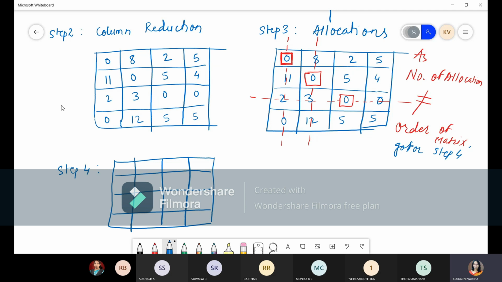Now see, these are all crossed elements, right? These are all crossed elements, and this and this, they're all uncrossed elements, right? So within these uncrossed elements, we have to find out which one is the minimum element. So the least element is this 2, right? We'll identify this least uncrossed element.